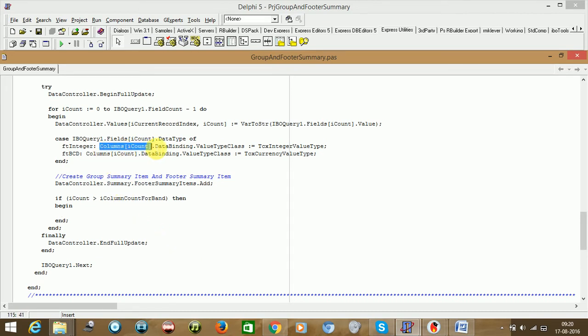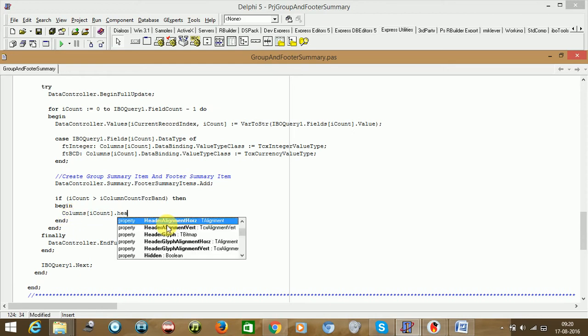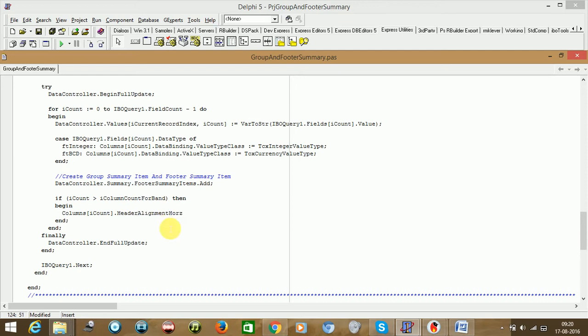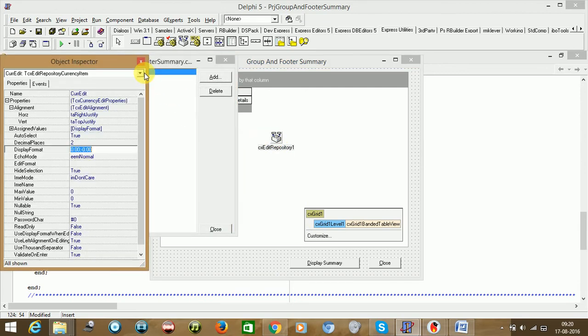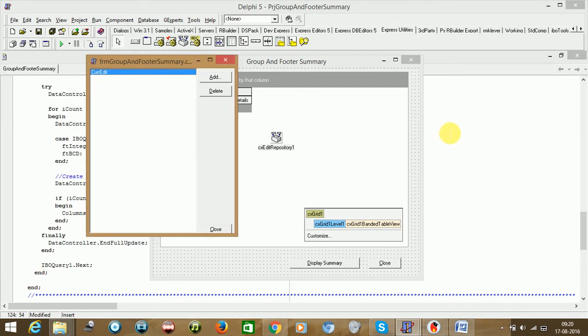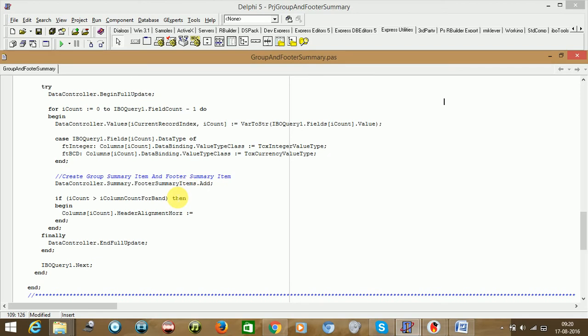So the columns of 0 here, when you say dot header alignment horizontal is equal to, now if you see, double click, select this, press F11 key, the alignment value you see here, TA right justify. Just copy this one and just say right justify. Now we are creating one column at a time.